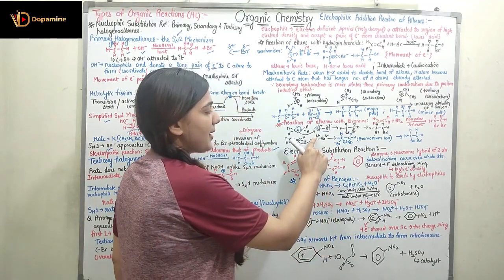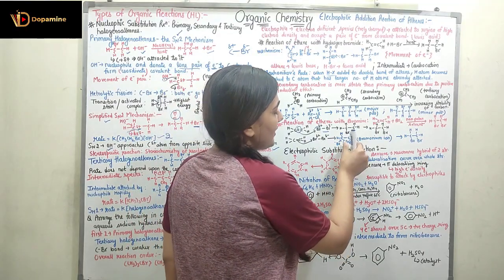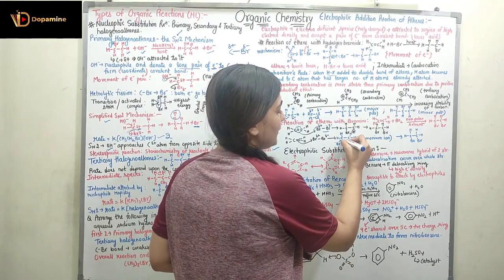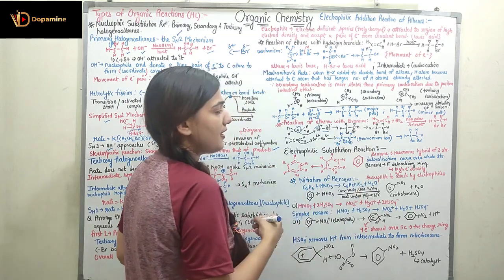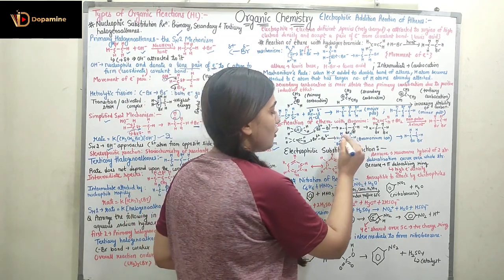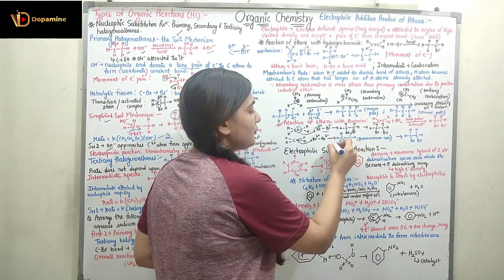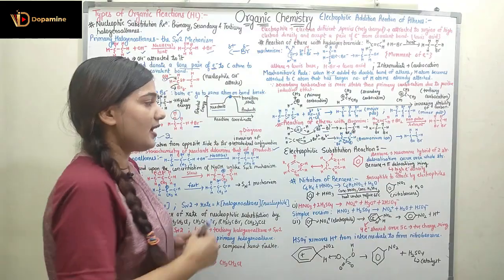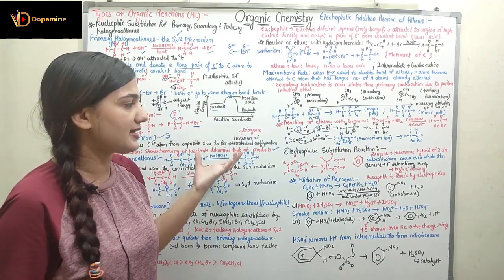Again, it is going to induce a partial positive and a partial negative charge on the Br2, and here it is going to attract the Br positive. So this Br positive is going to be attracted towards it and form an intermediate bromonium ion, which has CH2 and these two carbons attracted towards the Br positive ion. Now this Br negative is going to attack it and form CH2Br, right? So in this manner, I hope you can understand how the reaction is taking place.